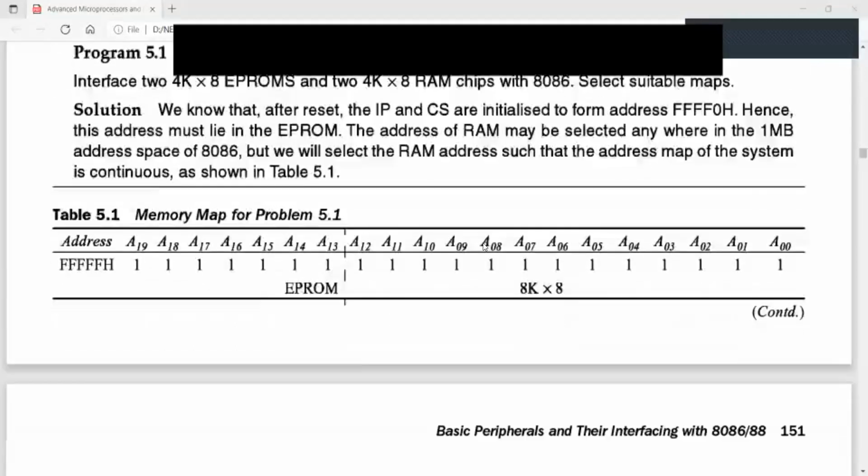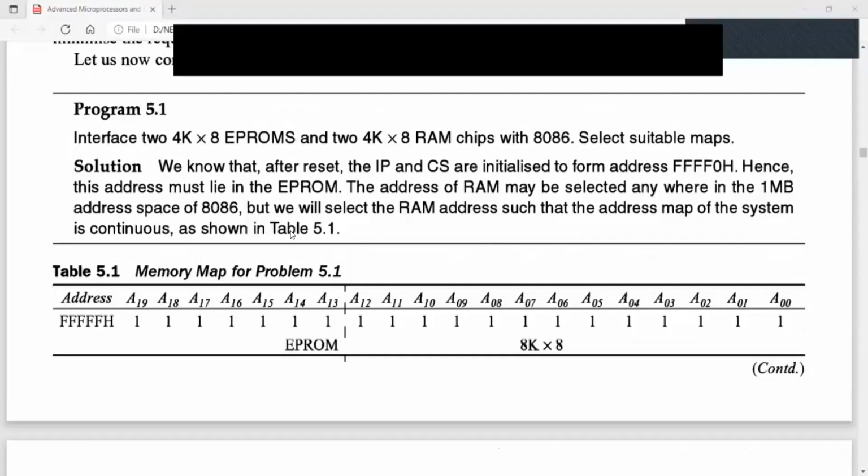So first let me share the question. It is in the book itself, so I'm sharing a page of the book. This question I have shared with you, most of you. Here you can see the question which I have given. Just try to understand the question.